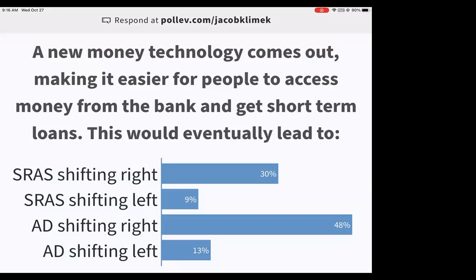Okay, so I'm now realizing that this might be, okay, so the idea that I was looking for here is we have a new money technology. That's something that shifts what? Money demand, right? And which way would money demand shift? To the right or to the left? To the right. Okay. And that would increase the nominal interest rate or lower the nominal interest rate? Increase the nominal interest rate, right? So the idea here is